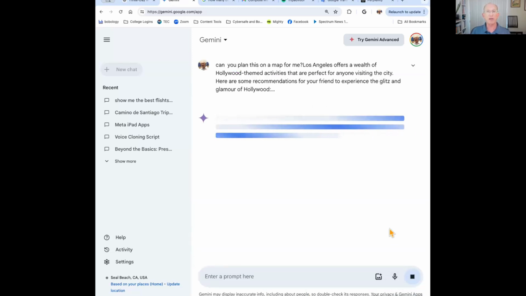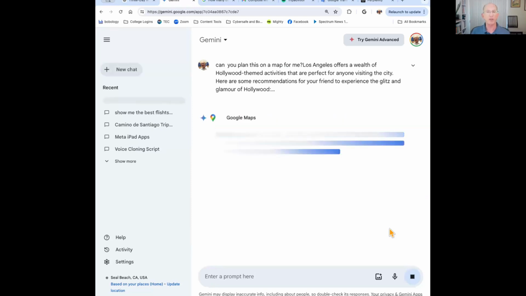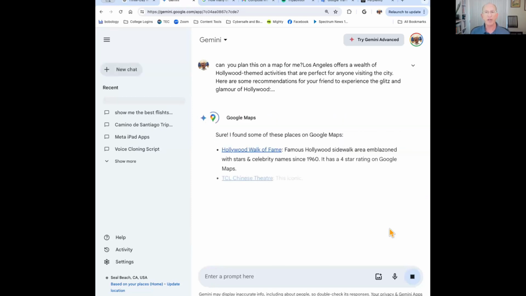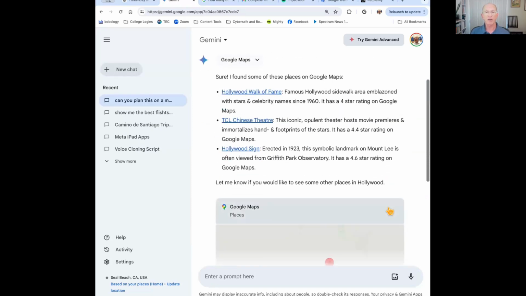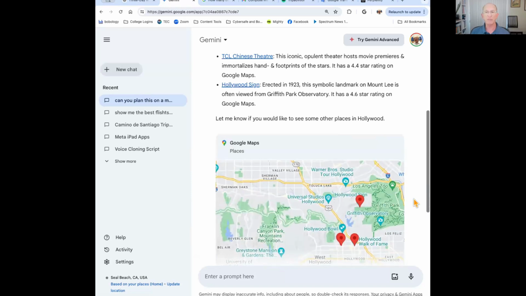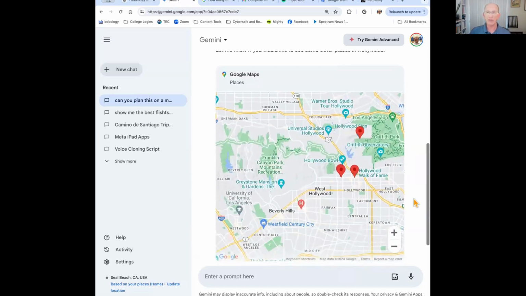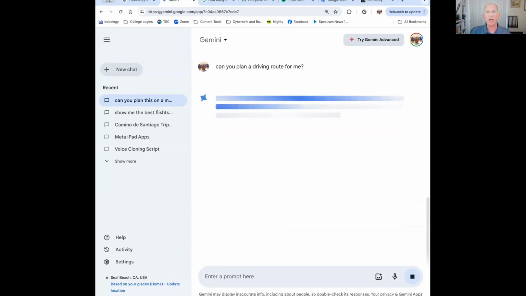I don't know. Okay, so we're going to find out. I have never done this, and so we're going to see if it actually will work effectively. So it actually did. So you can take something and copy and paste it. If you did something in Copilot, you might say, well, is Gemini going to give me a better map? Okay, well, let's see. Can you plan a driving route for me? I don't know if it will or not, but we'll see.